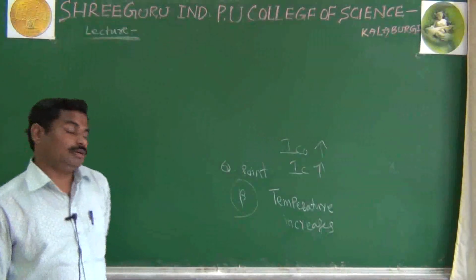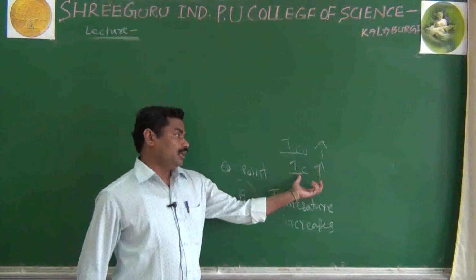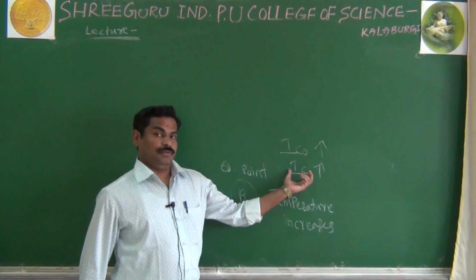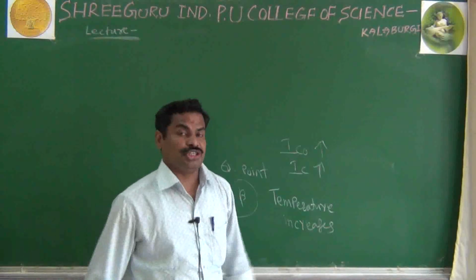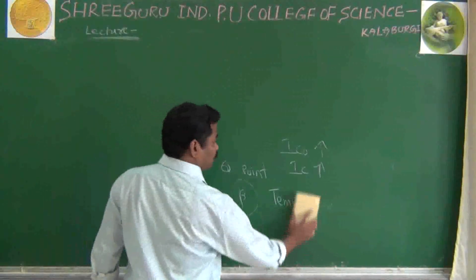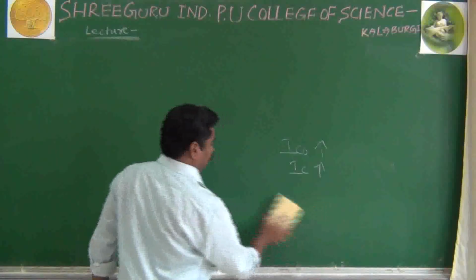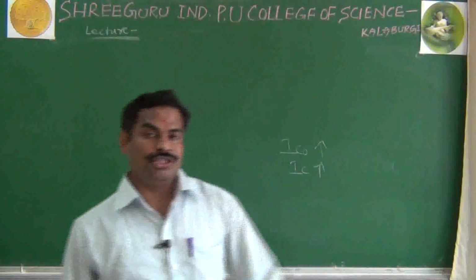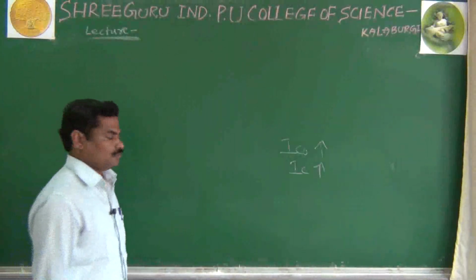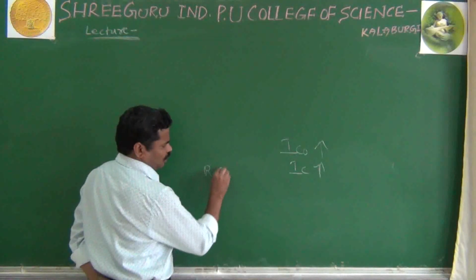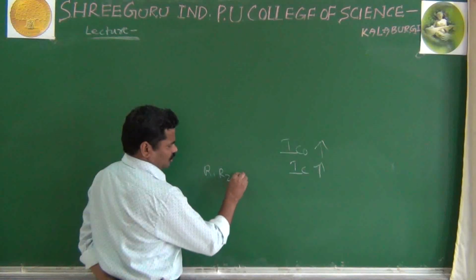But what do we want? We want the collector current to be constant. We want the stability of the collector current. Then how do we make the collector current stable? As I said, especially in voltage divider biasing, I am using 4 resistors. Yesterday I discussed in detail: R1, R2 and VCC.